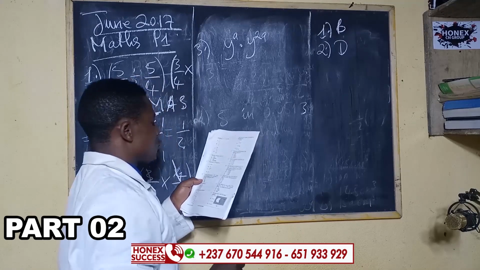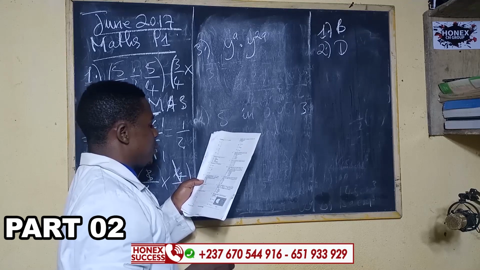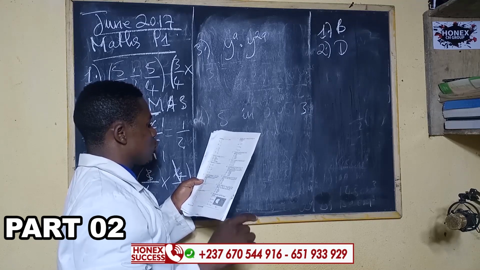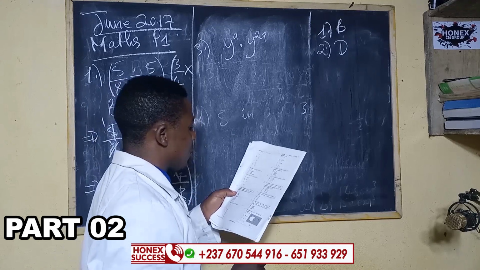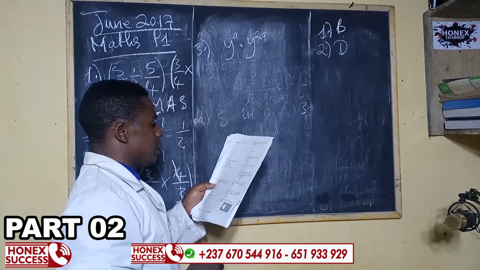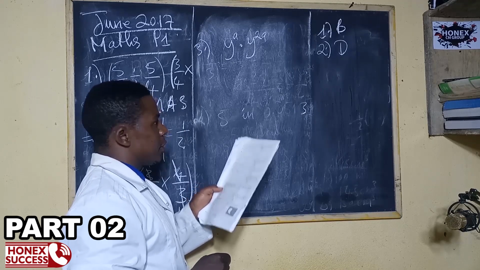All to the power 3a. We have B, 2y all to the power 3a. C, y to the power 3a squared. Then D, we have y to the power 4a. Good. Okay, now